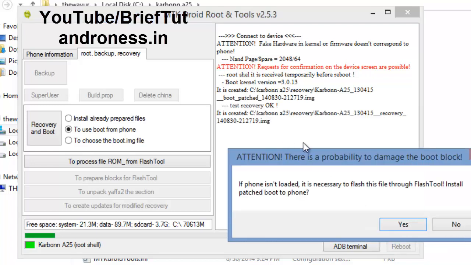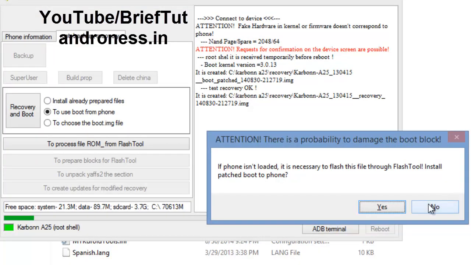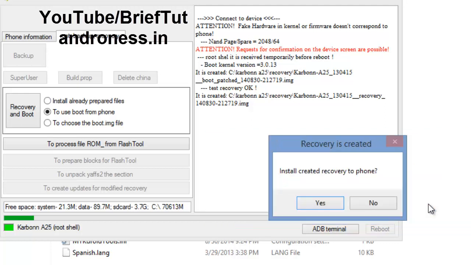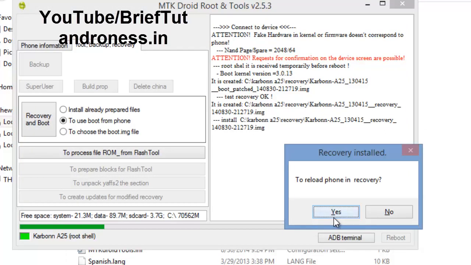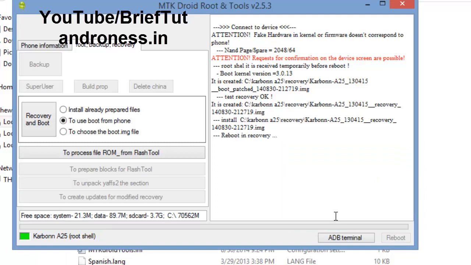You have to simply press no, and after that you have to press yes. And now you have to press yes.